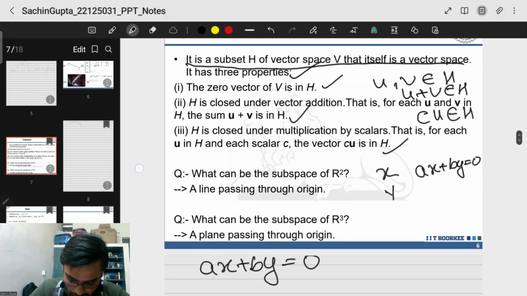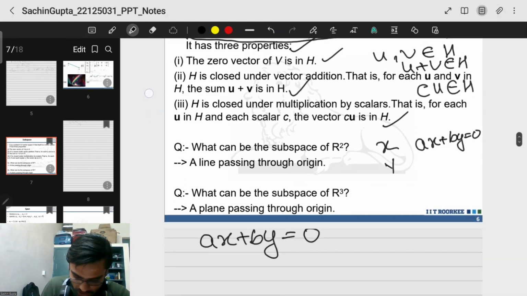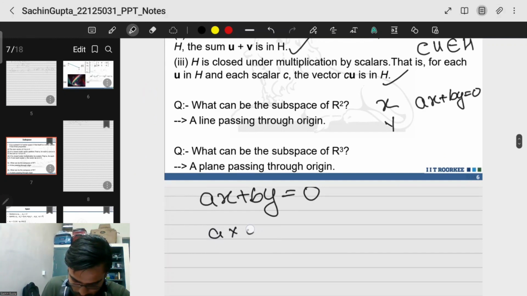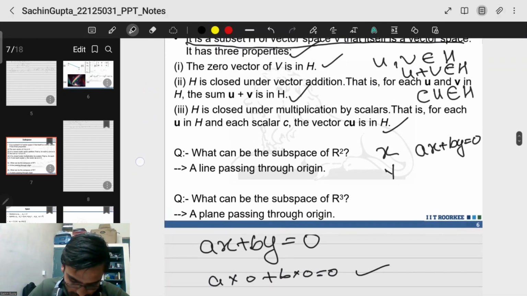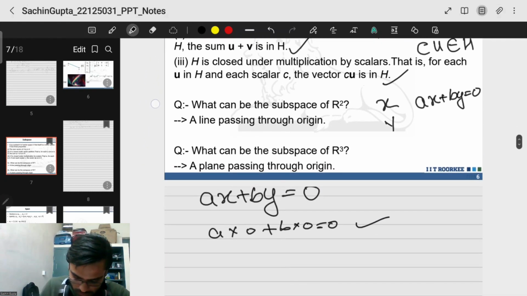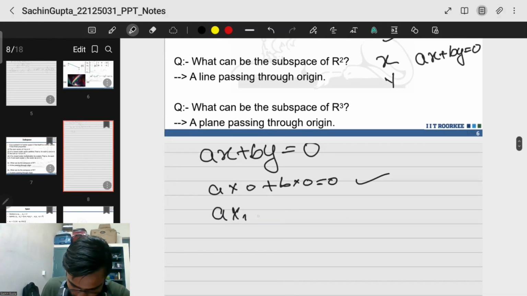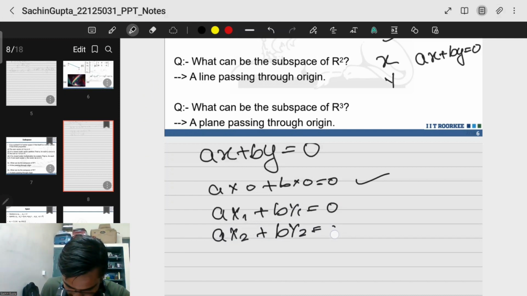For a vector space, we have to check these three properties. First, the 0 vector must be there. So a into 0 plus b into 0 equal to 0. Satisfied. For the second property, if ax1 plus by1 equal to 0 and ax2 plus by2 equal to 0, then their summation, that is,